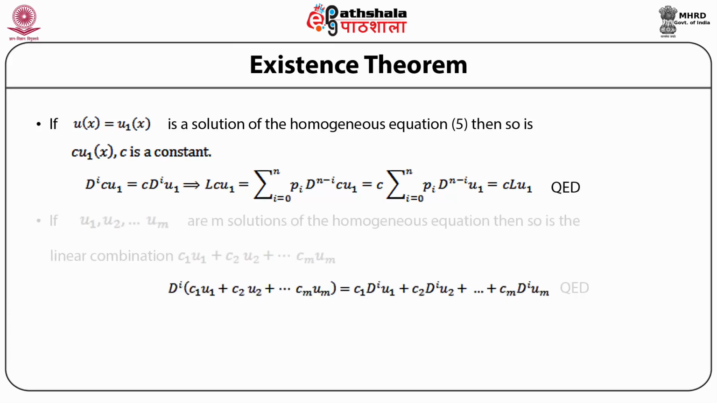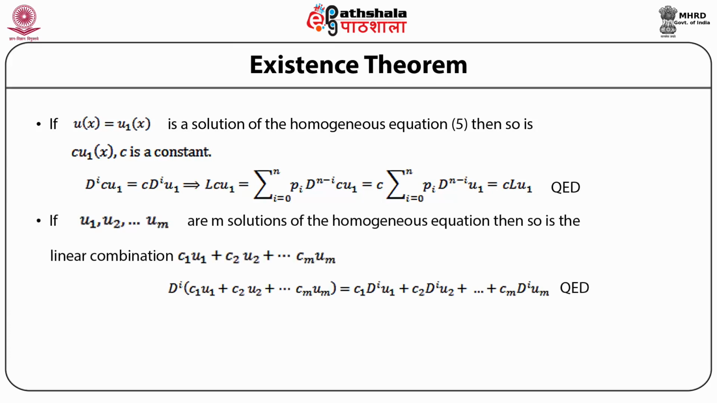Second theorem: if u1, u2 and so on till um are solutions of the homogeneous equation, then so is the linear combination given by c1u1 plus c2u2 plus so on till cmum, where ci are constants. We prove this theorem. L times c1u1 plus c2u2 plus so on till cmum is